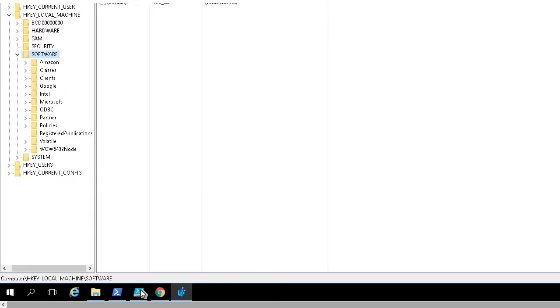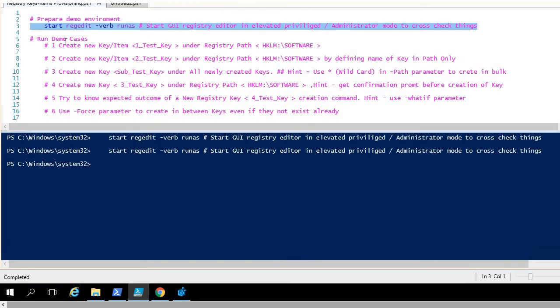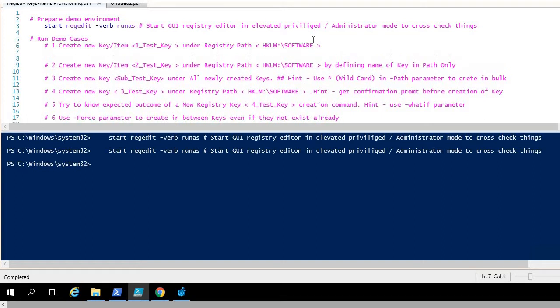So now let me go back to our ISE and let me try to run the demos. Our first demo is: create a new key with the name 1_test_key under this registry path. Okay, let me try to create it. New-Item.